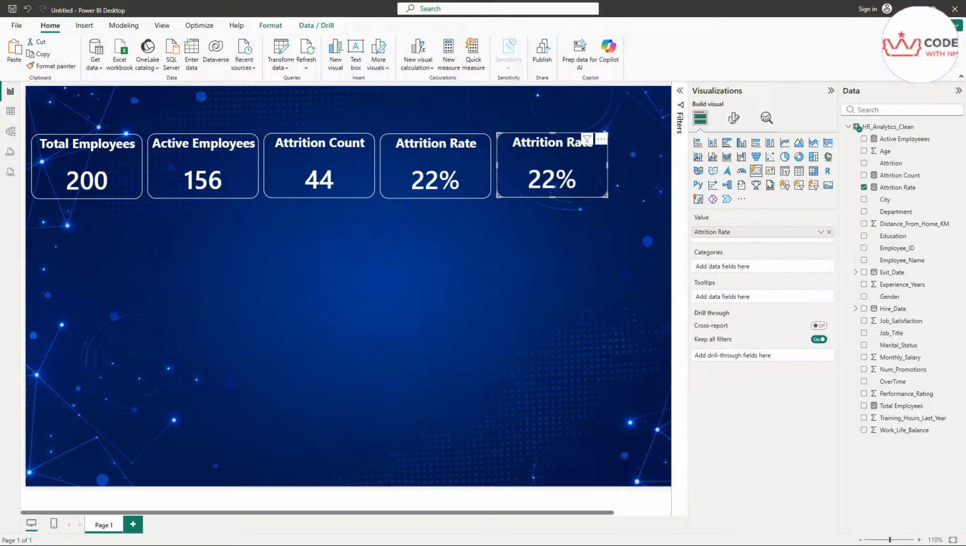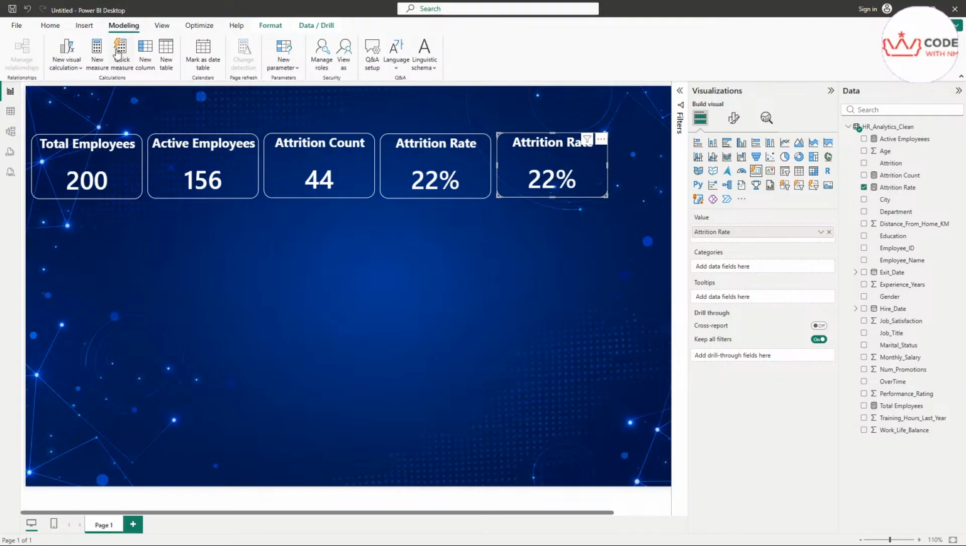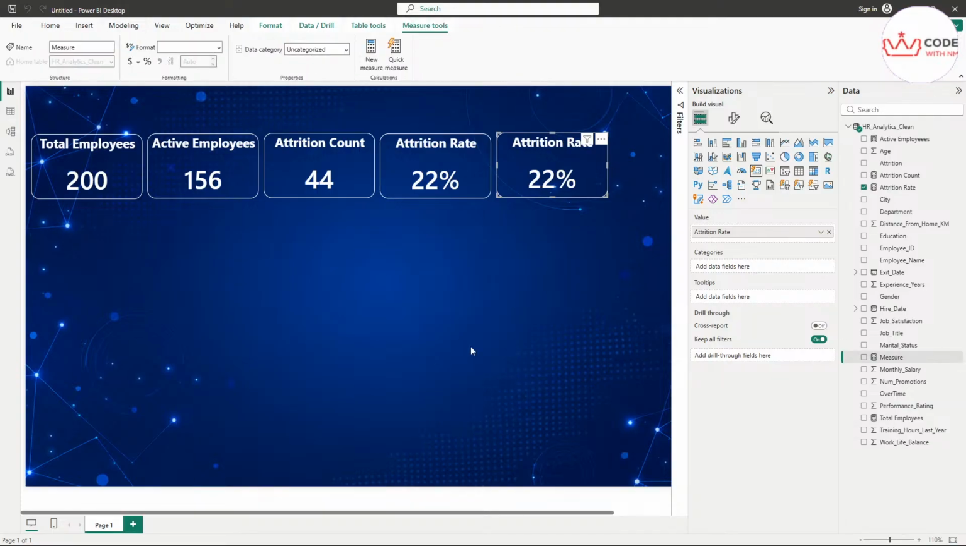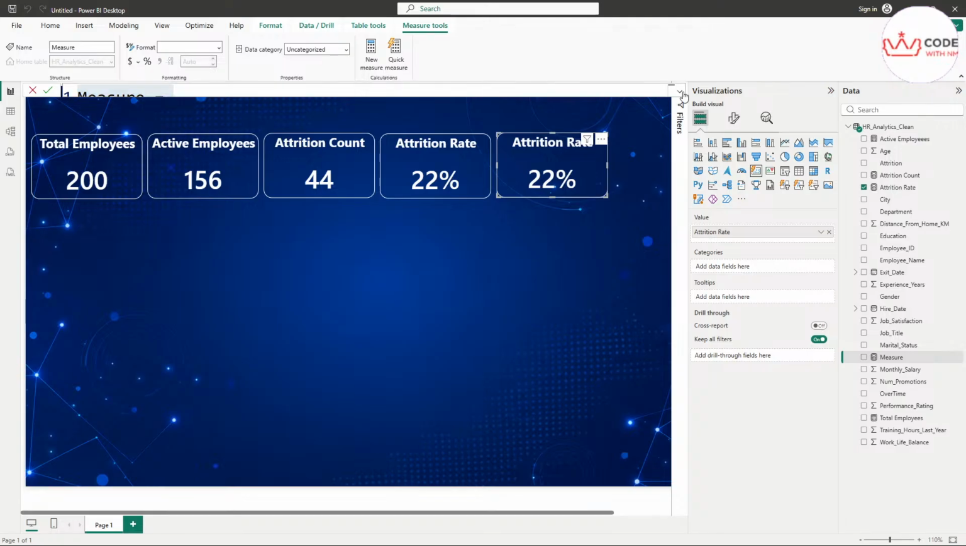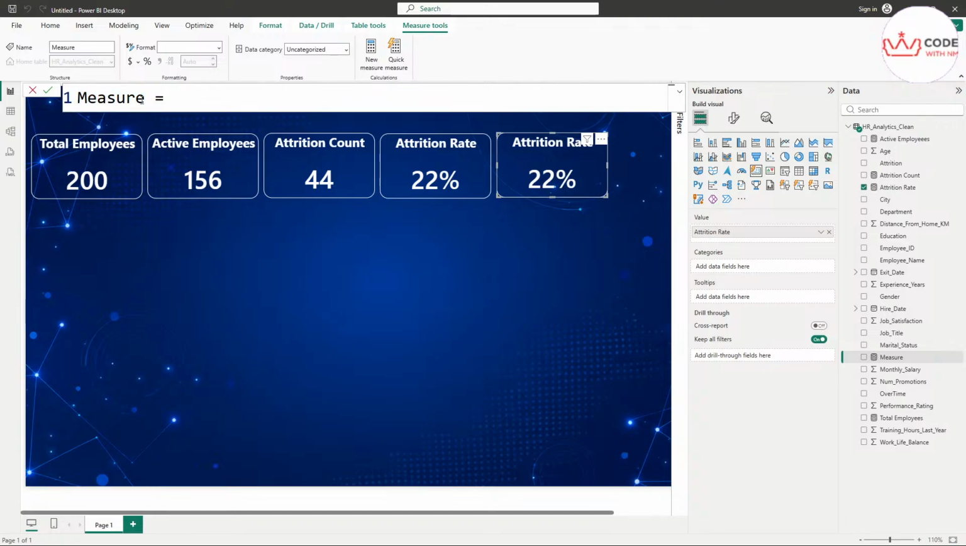So have we calculated the average age? No, we have not. So how to calculate it? Simple. In Excel, we have a formula like average. So first thing first, we need to create a new measure. So let's go to modeling, click on new measure. And here, if you see, it has come up behind. Let's say average age equals to